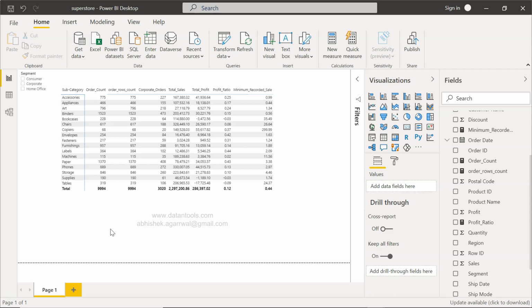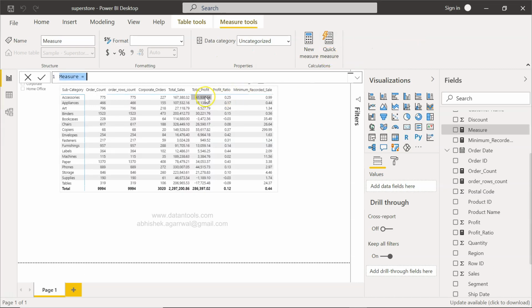Now let's move on to creating the max function. To create the max function, I am going to click over here, new measure, and the new measure is coming here. I will say what I want to find is the maximum ordered sale, so I will say max ordered sale. And you can write whatever you want. For example, in the previous video when I was showing how to find the minimum value, I called it minimum recorded sale. Similarly, this time I'm saying maximum ordered sale. So whatever makes sense and is useful from the business language perspective, go ahead and create it by that name.